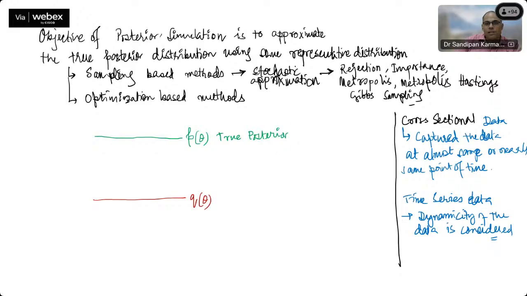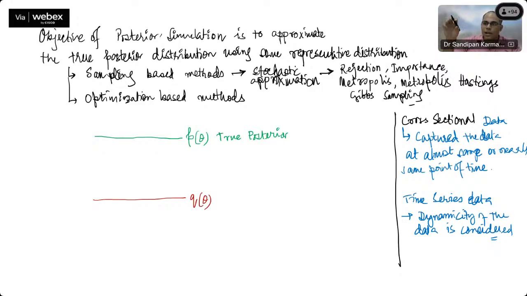And in many cases, this true posterior is unknown to us. We can identify it up to a certain point. It is not possible to go for the true posterior. What you have to do is the simulation and try to reach the stochastic